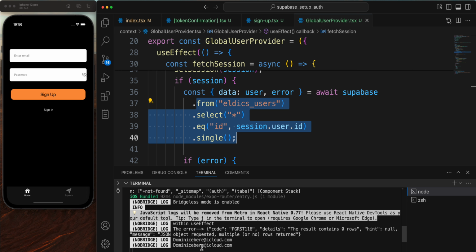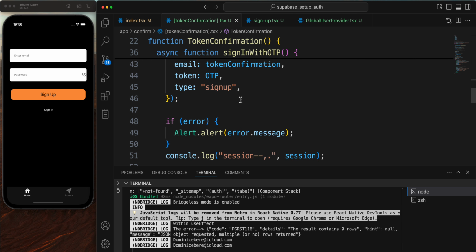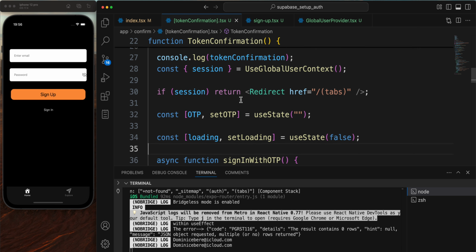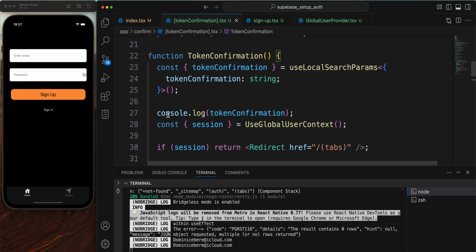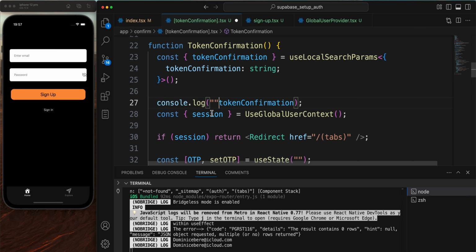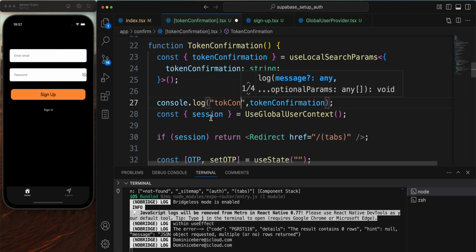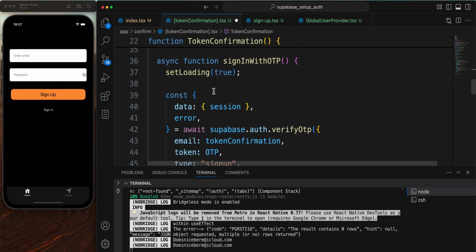That's one. Secondly, we're also getting this dominicebere@icloud.com logged to the console, which means we're coming to this page right here, the token confirmation page, because we're logging the token confirmation right here. I can prove that by adding something extra right here and saying took like this to be sure it's coming from here. All right. So, but if we're coming to this page, then why is it not showing the UI,